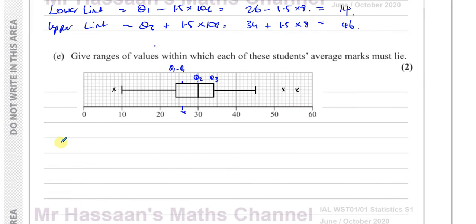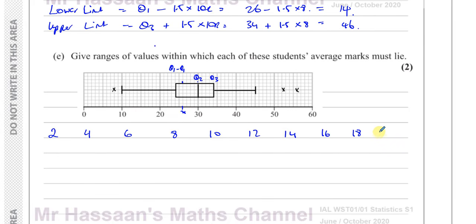This is not the working for this question, and this question is only worth 2 marks. We only have to write down the answer, we don't have to give any explanation. But I want you to understand what's happening, because a lot of students have problems with this type of question. So I might take a bit longer than you might like, but I want to make sure that everyone understands. So just imagine we have a set of data like 2, 4, 6, 8, 10, 12, then 14,